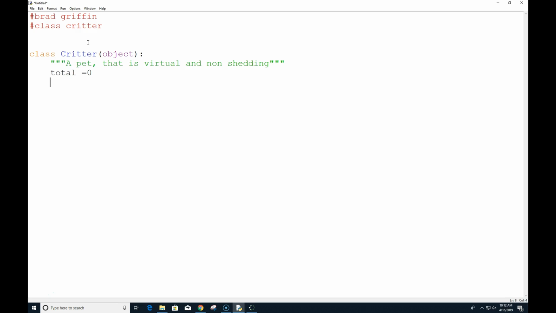So if I tried to run that and look at total, so before we do any other thing inside of this particular thing, I'm going to put in my main. And I'm going to call crit1.